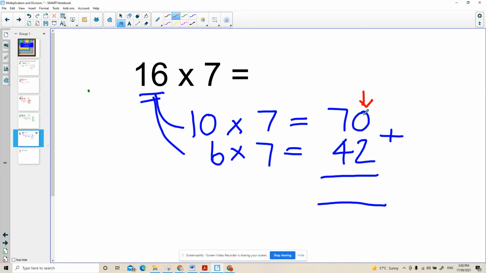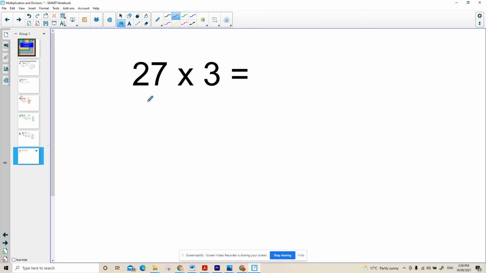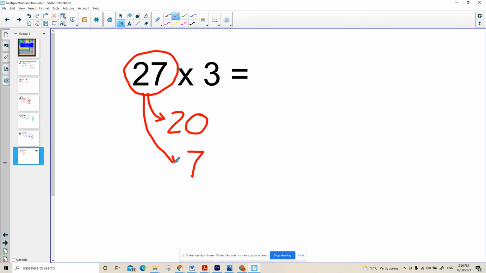I'm going to start with the units when I do my vertical algorithm. Nothing plus 2 is 2. 7 plus 4 is 11. My answer is 112. So even with a harder sum, we can look at this number, the largest number, and we can split it. So let's split this number into 20 and a 7, because we know that 27 is a 20 and a 7. We could also break it into two 10s if we wanted to. So I've dealt with the 27, 20 and a 7,